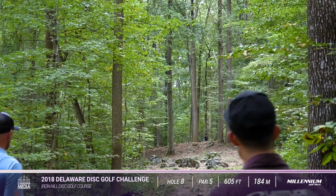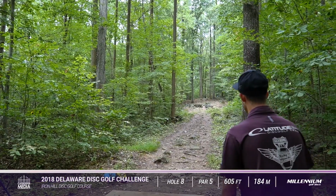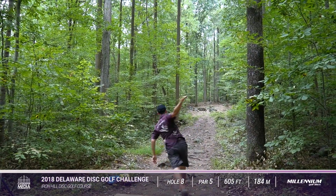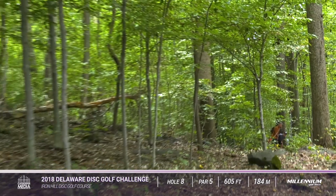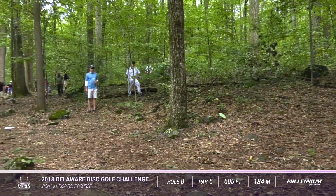I would say this one plays a little harder than hole 5, personally. Yeah, I think I would agree with that. I think the terrain, it's much more rocky. The footing, where your disc is lying. The rough is a little...